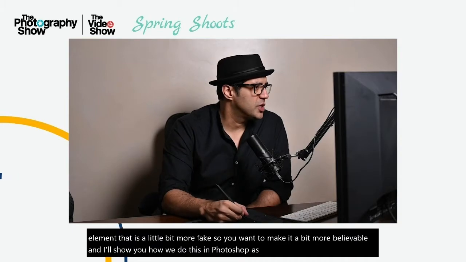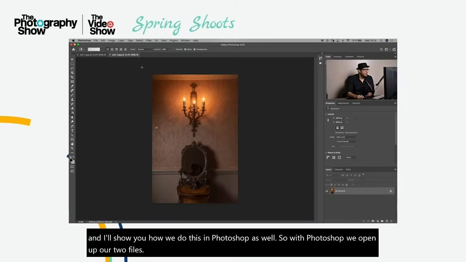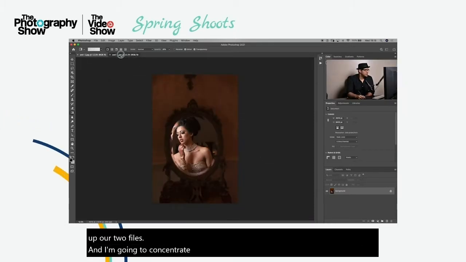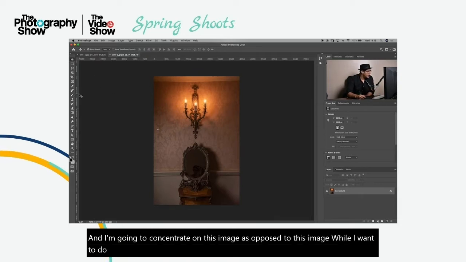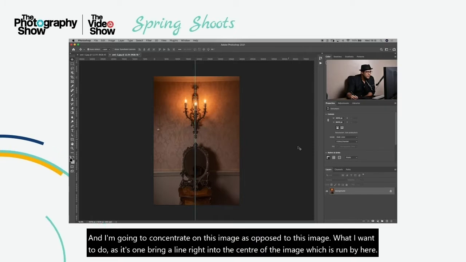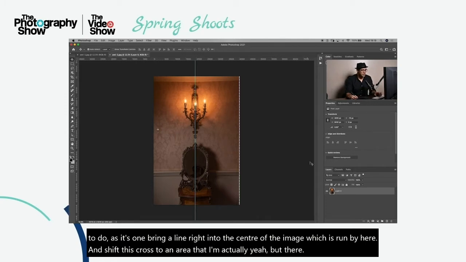So with Photoshop, we open up our two files. And I'm going to concentrate on this image as opposed to this image. What I want to do is I just want to bring a line right into the center of the image, which is right about here. And shift this across to an area that I'm actually, yeah, about there. And then what I want to do here at this point,